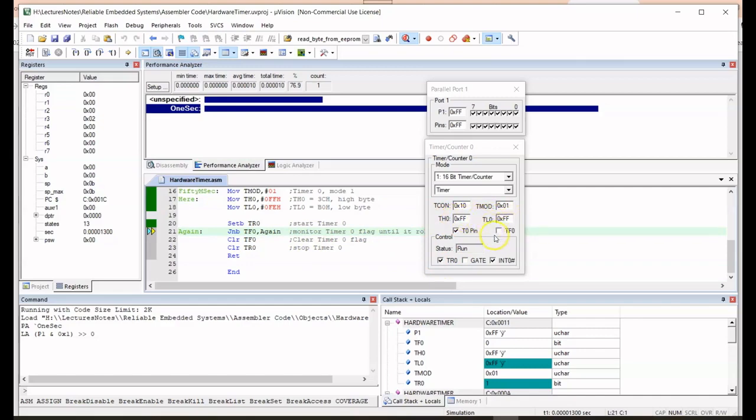But the overflow flag TF0 is still 0. So when you step it through, ask the question, is TF0 equal to 1? If it's not, stay here. Because this is not set yet, it will stay here one more time. Now notice that it has gone over to 0001, and the overflow flag is set. So this now should come out. This will clear the flag,